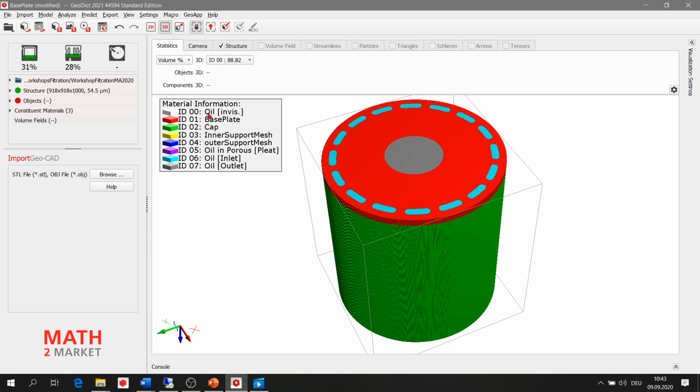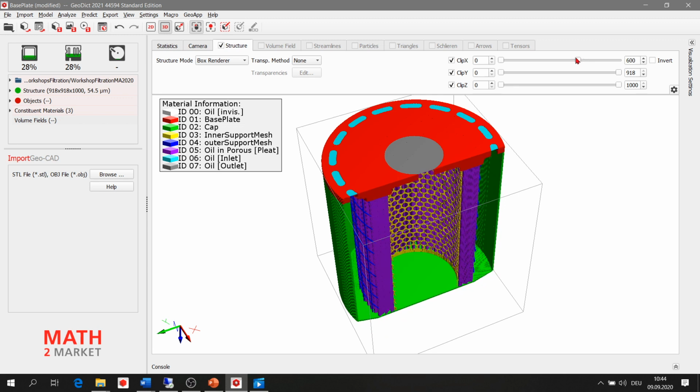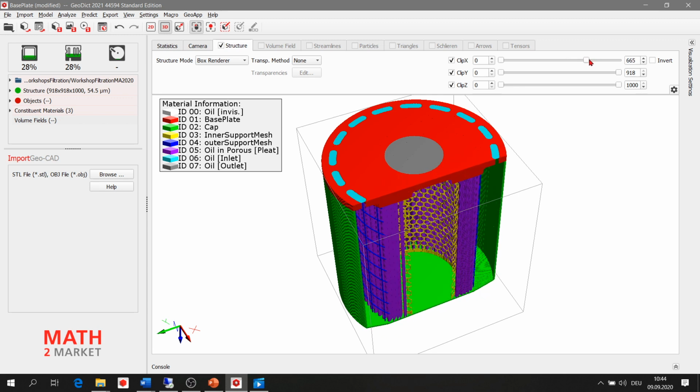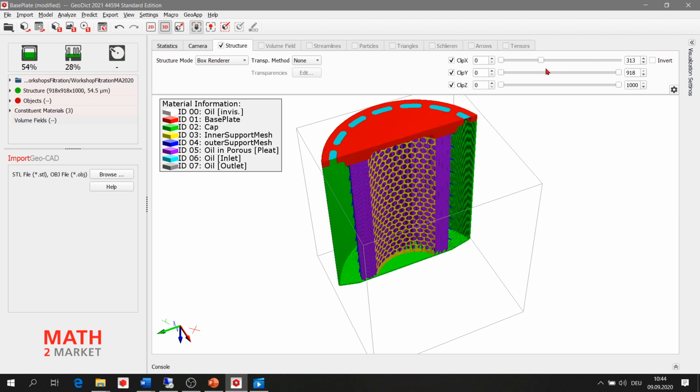So we have oil as the general fluid, and we have oil which passes through the porous plate, and of course the oil which comes through the inlet and discharges from the outlet. So this fluid type should be the same overall. Again, we can take a look through the filter.